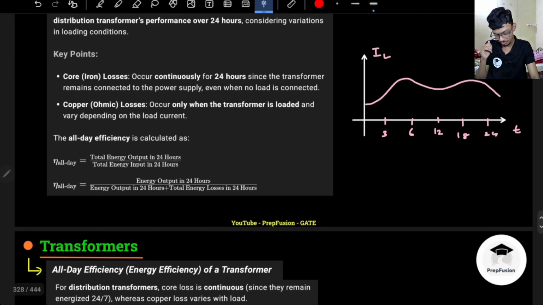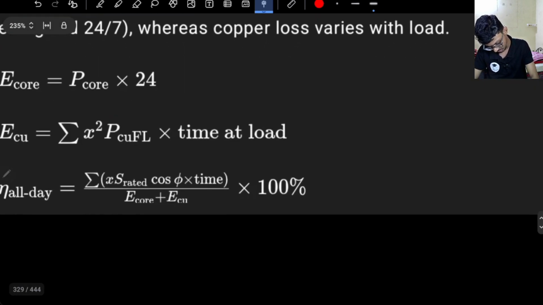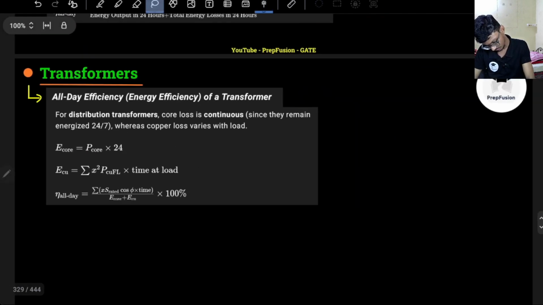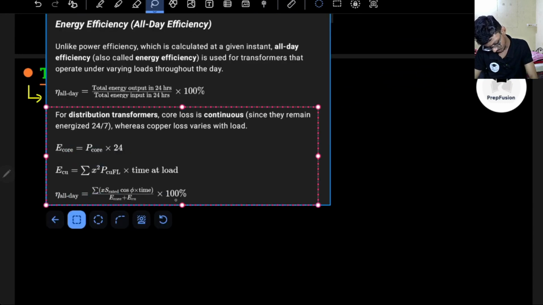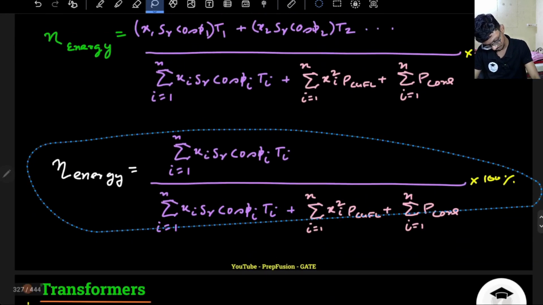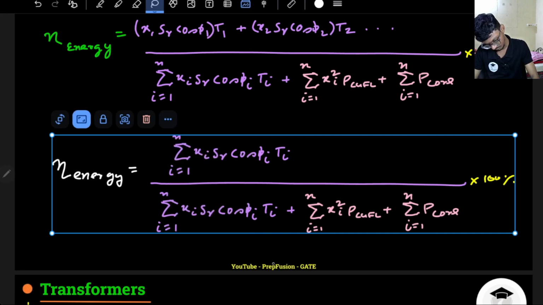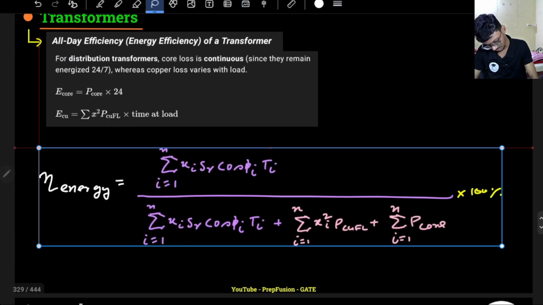Okay, so basically these are the formulas. Actually this is wrong, right. The all day efficiency will be this divided by this. So actually this formula is wrong. So this is the formula. Copy this. Basically it is equal to